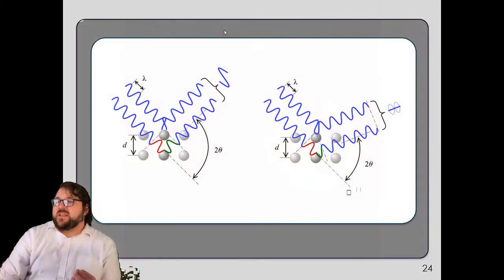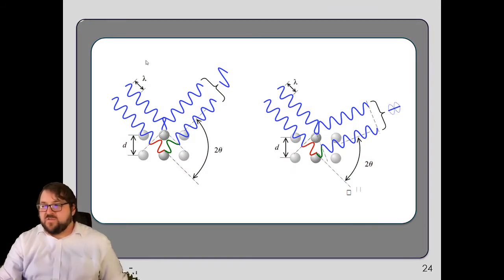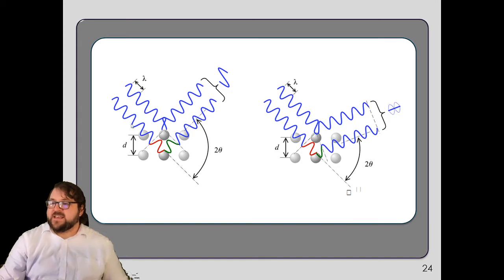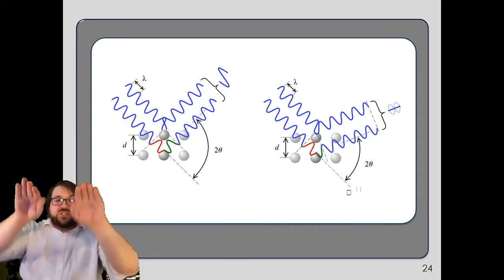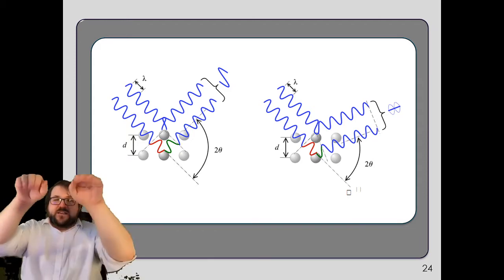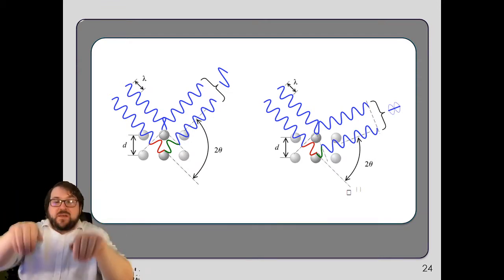That can only happen when there's something called constructive interference. So I'm not going to go too far through this, but all I'm basically saying is that the extra distance that one of the beams has to travel compared to the other has to be a full wavelength difference. So you see how here we've got a whole trough, a whole peak and a whole trough, a whole peak and a whole trough. That means that the waves can come together and be constructive. So when they're constructive, it just means that they're both going up and down at the same time, in the same